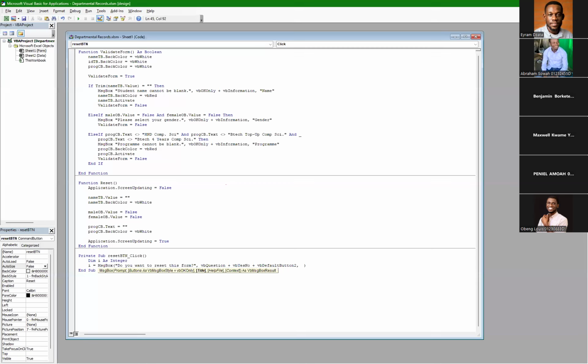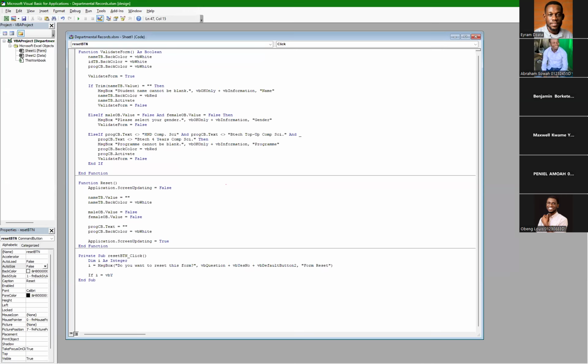And then finally, we'll give it a text form reset. So we'll add a text to it that says form reset. Now we add an if statement to say that if we reset the form, if I is equal to yes, okay, so we have given a condition. You want to reset the form, yes or no? So if it is yes, so if I is equal to